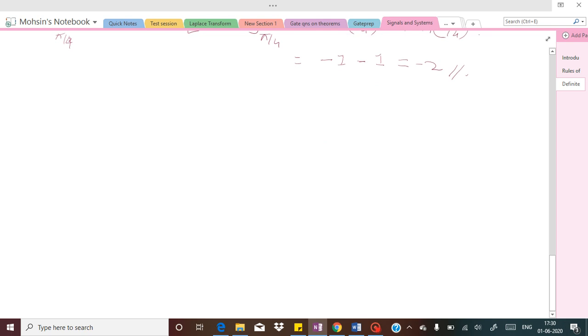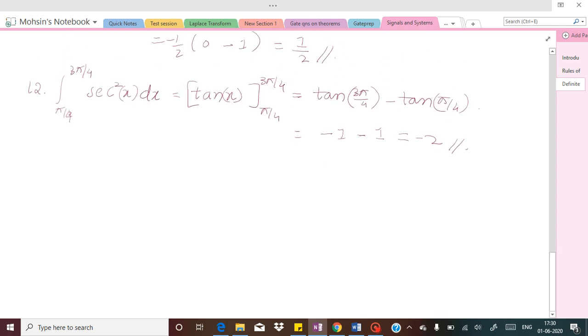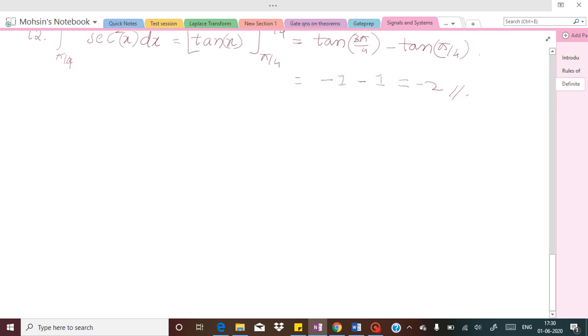Okay, so now let me take some different type of examples which are more likely to come in our practice while solving some of the examples of signals and systems, especially on the Fourier series, Laplace transforms, etc. So here the first example of that nature is integration between the limit 0 to 1 of x square (x cube plus 5) square